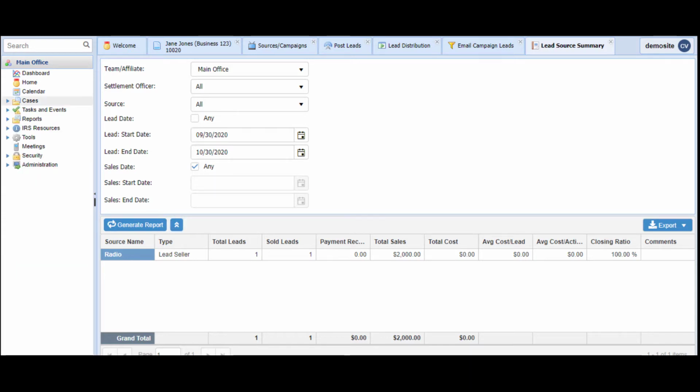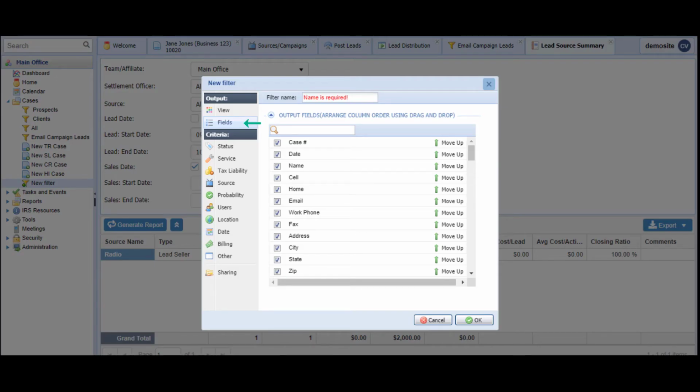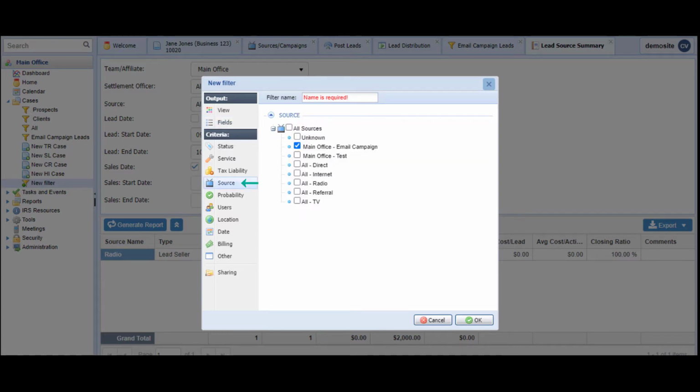If you'd like to view information about your leads outside of what this report provides, you can create source-based filters. To do this, click on the Cases dropdown and then on New Filter. You can select the fields that you would like to include in your data here, and you can narrow it down by source here. So now that we've gone over some of the lead management functions within Logix,